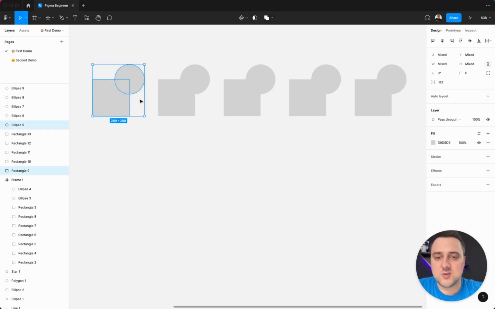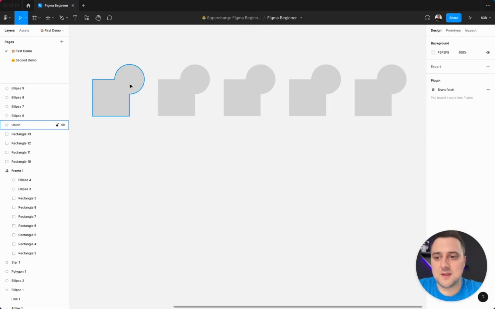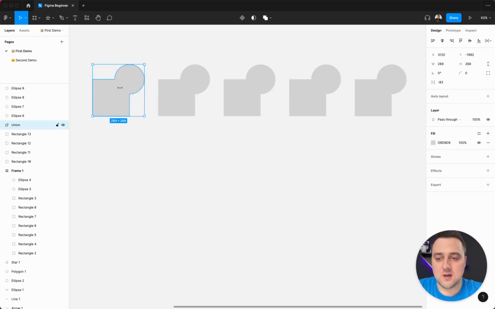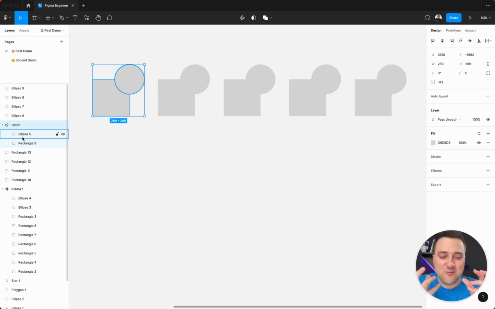So for the first two, as you can see, as soon as I select them, options in here appear. I will do the union selection, and that means these two layers became one layer that's called union. What's good in Figma is it's not actually destroying the original layers. It still keeps them. It kind of creates like group frame